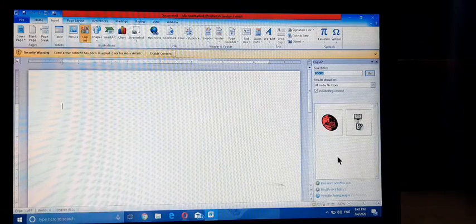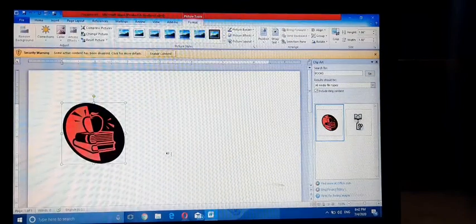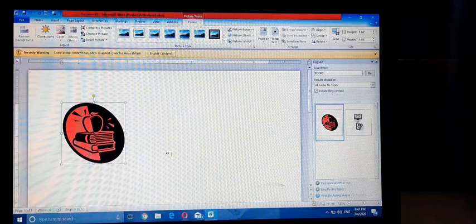Then place the insertion point where you want to insert the picture and click on the clip art. Okay, it will be inserted in your document.